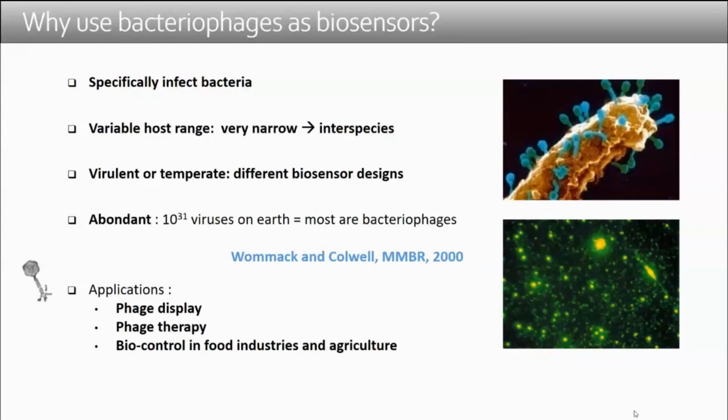We'll talk about temperate phage-based biosensors, because when we started that kind of project, it was easier to engineer temperate phages than lytic ones. And of course, one of the advantages is that they are so abundant. You can go to any pond, any kind of environment, dig, sample, and get your phages against the bacteria you want to use. Of course, you have to choose the specific environment and the bacteria you want to study. And I will tell you a little secret that we had about